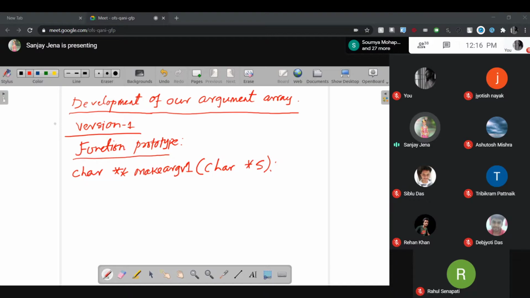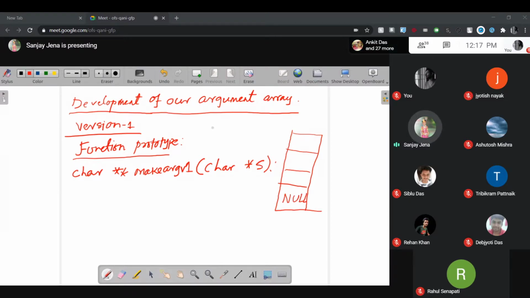Now let us construct our main part. Before that, I am giving you the algorithm, step by step; write it in your notebook so that you can follow it during development. What is our target? We have to create the argument array, and the last content will be NULL.